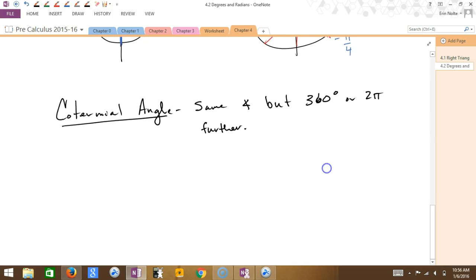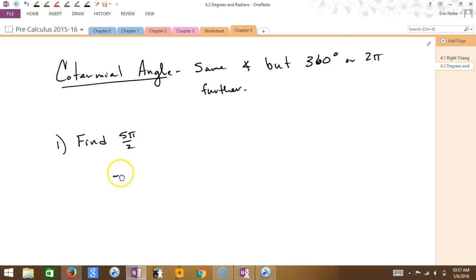So let's do a hard one. Let's say they say find the coterminal angle for 5 pi over 2. You could draw this and figure it out. The fast way to do it would just be to add a full revolution. So how much is a full revolution? 2 pi. So if we add 2 pi to this, so if we have 5 halves plus 2 pi,